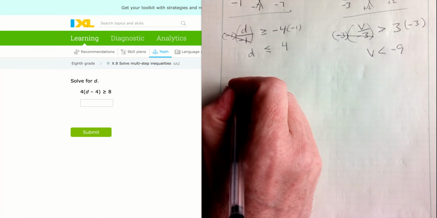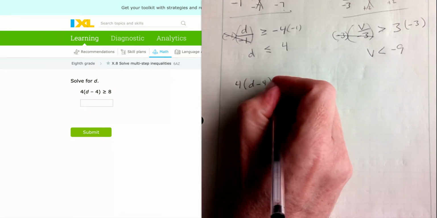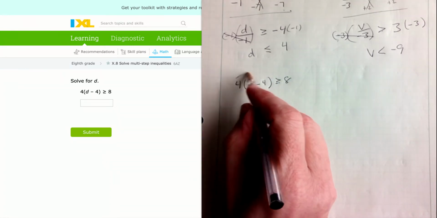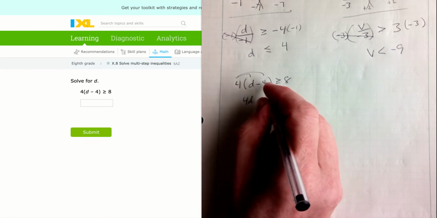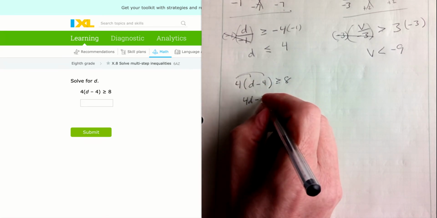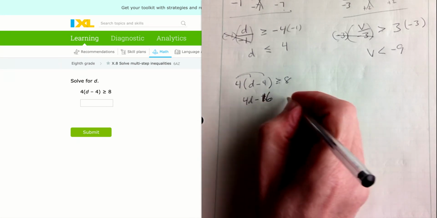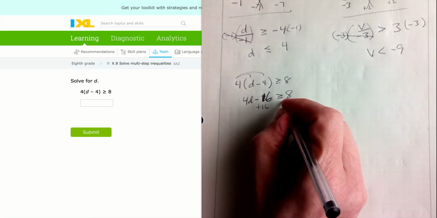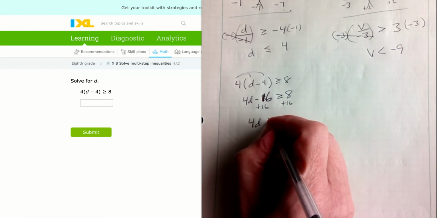So again, if you want to use the distributive property, by all means, there is nothing wrong with doing that. Distributing in, 4 times d is 4d. 4 times negative 4 is going to be a minus 16. Is greater than or equal to 8. Now I'm going to add 16 to both sides. That's going to give 4d is greater than or equal to